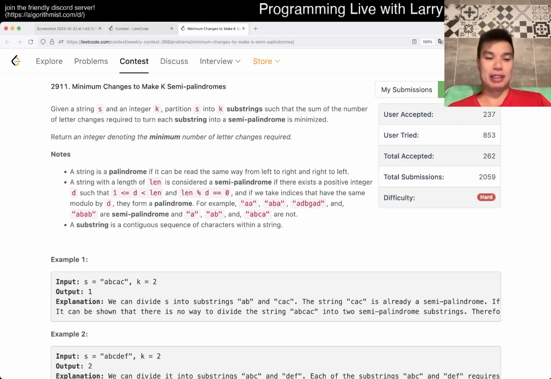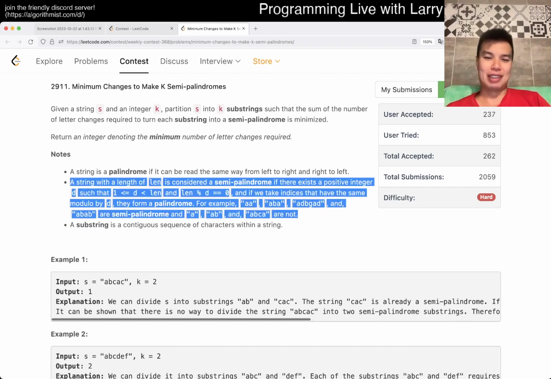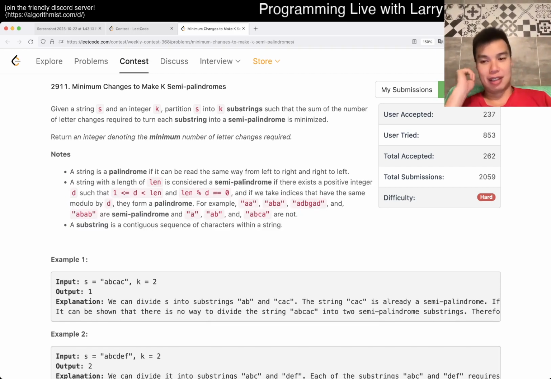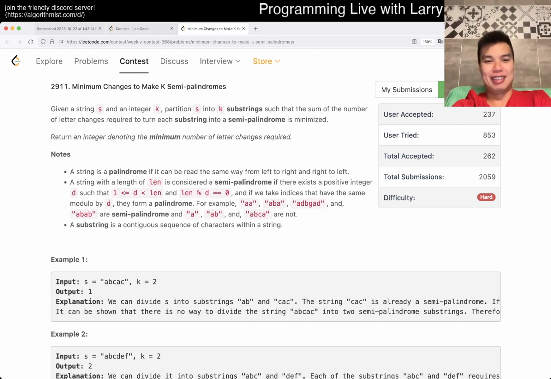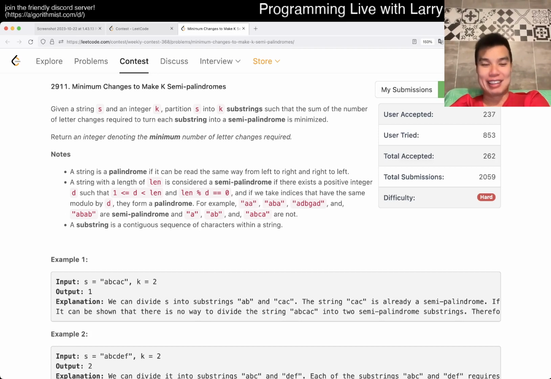The other hard part is, of course, just reading the problem correctly. This problem is really weird with the semi-palindrome stuff. It's like a note saying, hey, in case you didn't know. Of course we don't know. No one knows what a semi-palindrome is. Don't put it in the notes, put it in the problem statement. What are you doing? Anyway, ranting aside,